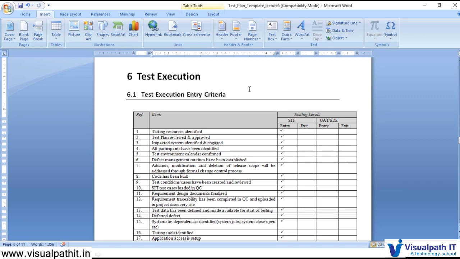Requirements have been finalized and logged, and once we are done with the scripts, then we need to publish the traceability metrics also. So traceability metrics, later on we are going to see. So basically it's a matrix